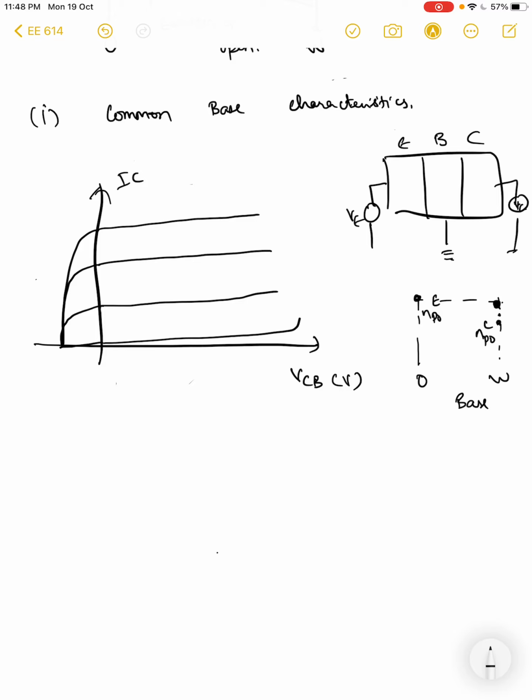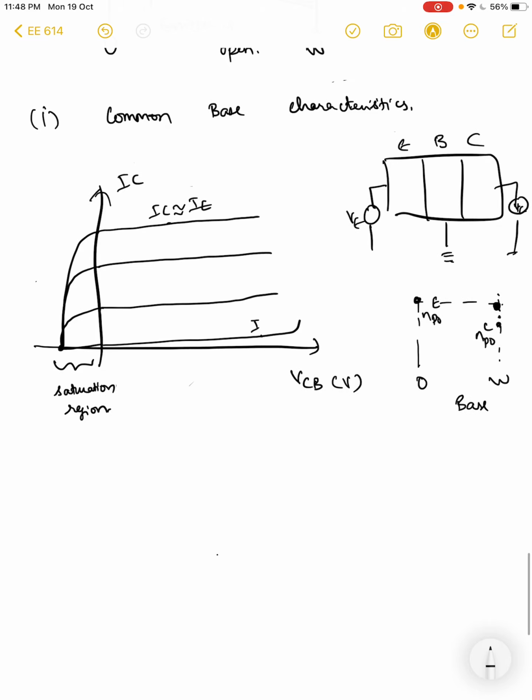And if you start to make it any more negative than this, IC equal to 0, you can see that the current will start flowing on the reverse side, right? So basically this region is called saturation, right? And here you have IC almost equal to IE. So let's say if this is IE equal to 0, this is IE equal to 0.1, so this value is 0.1, this value is P2,